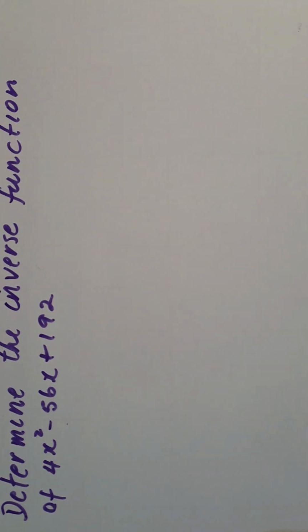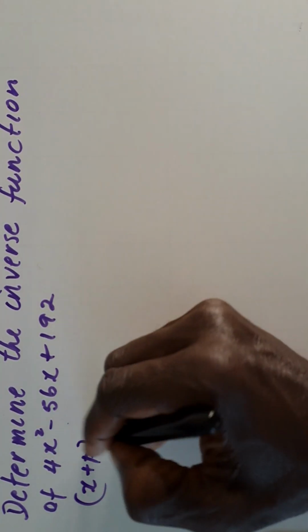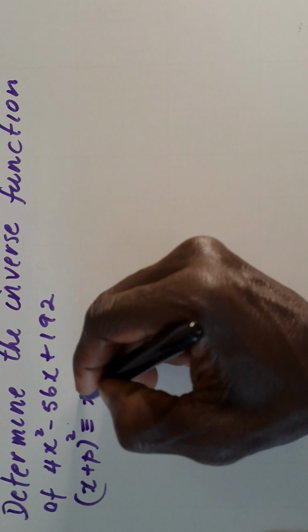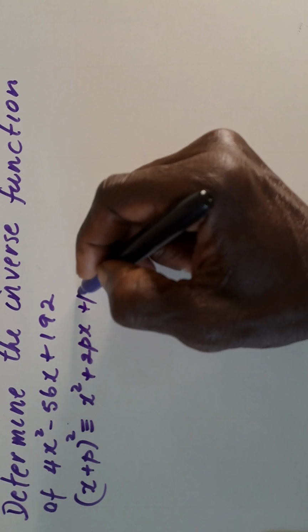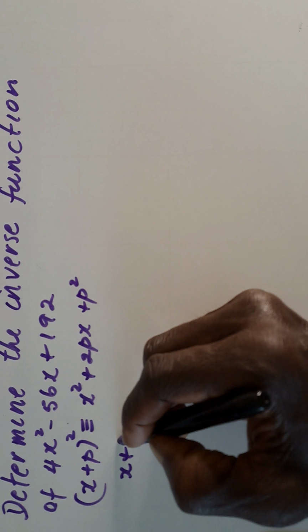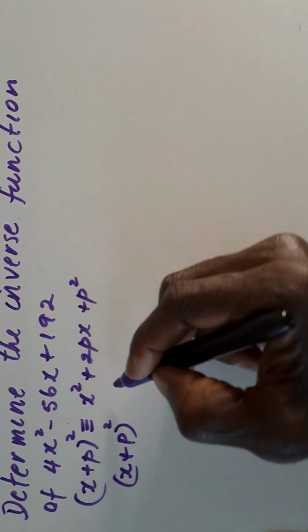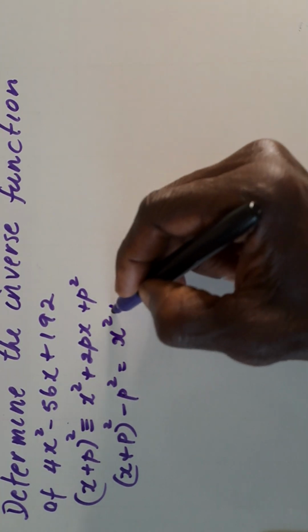Hello. Determine the inverse function of 4x squared minus 56x add 192. To do that, we'll arrange this in completed square form. And for that, we need the identity (x + p) squared is equivalent to x squared add 2px add p squared, which we can arrange as (x + p) squared minus p squared is equal to x squared add